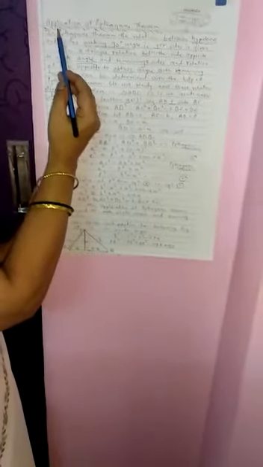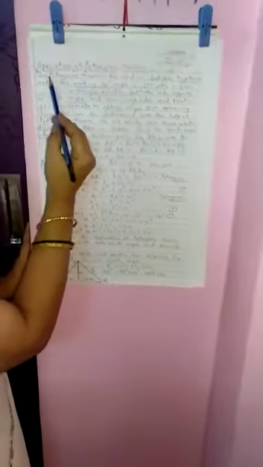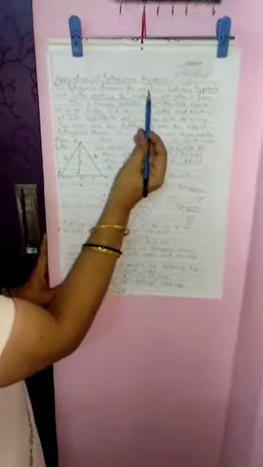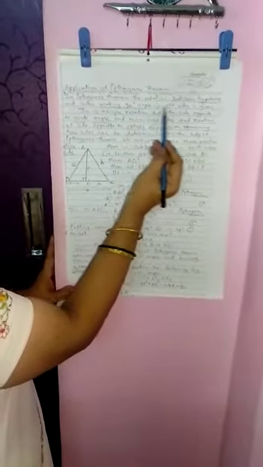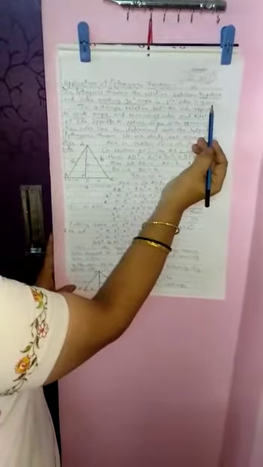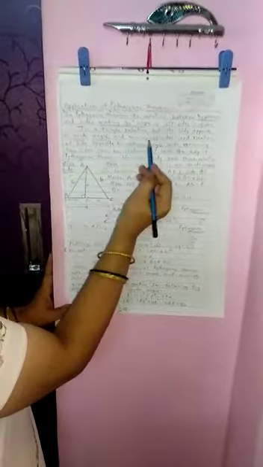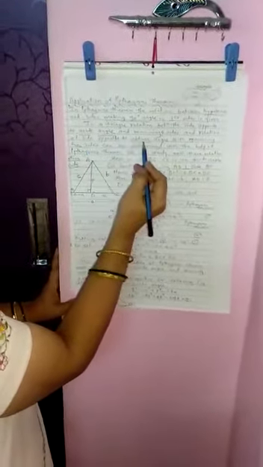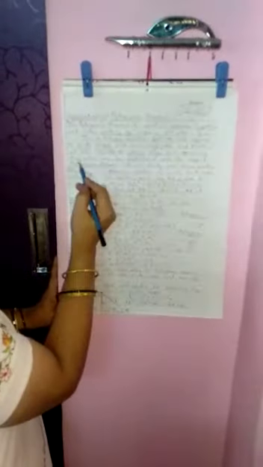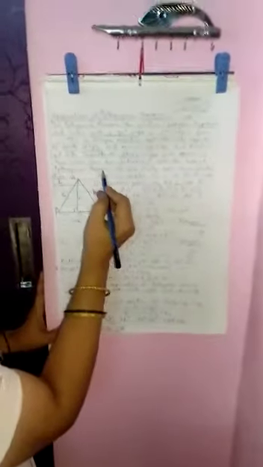Next concept we are going to learn is the application of the Pythagoras theorem. In Pythagoras theorem, the relation between the hypotenuse and the sides making a 90-degree angle, that is the perpendicular sides, is given. In a triangle, the relation between the side opposite to an acute angle and the remaining two sides, and the relation of the side opposite to an obtuse angle with the remaining two sides, can be determined with the help of Pythagoras theorem.